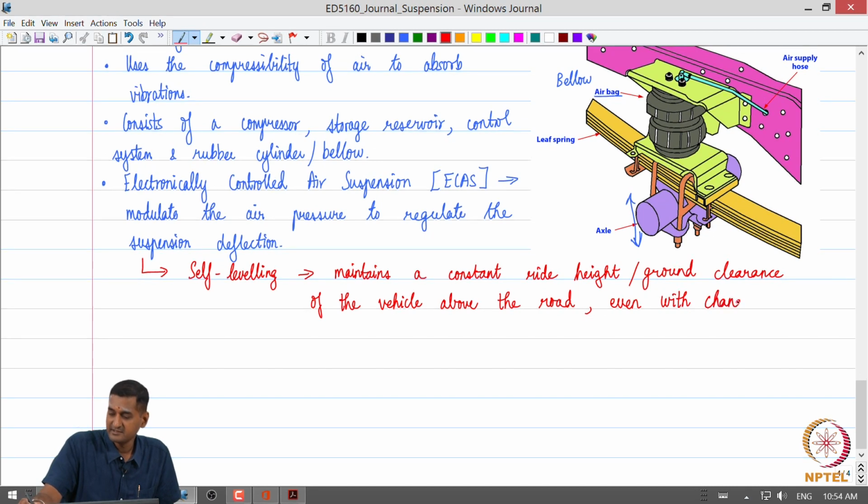Okay. So, that is an important function. Another function is that it can help in lowering the